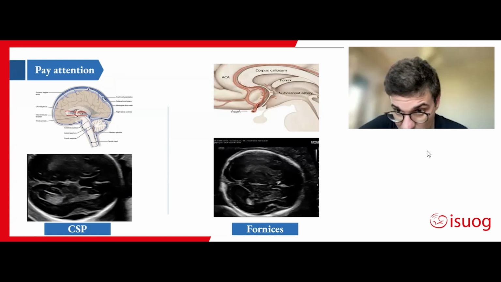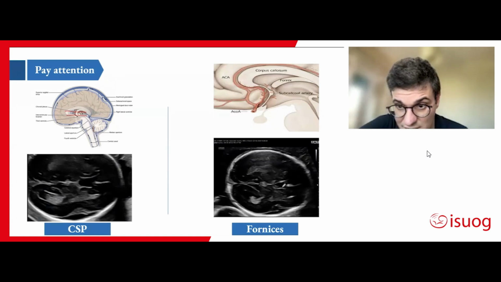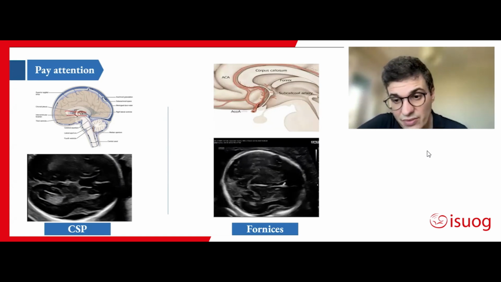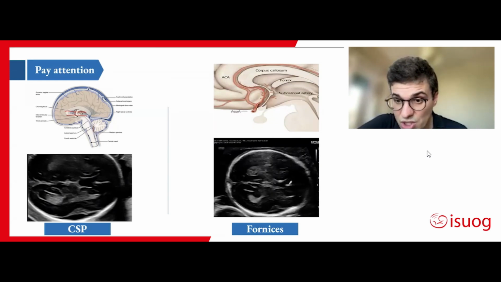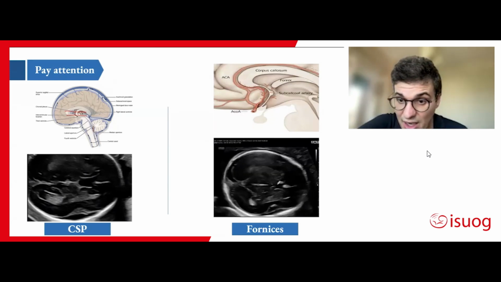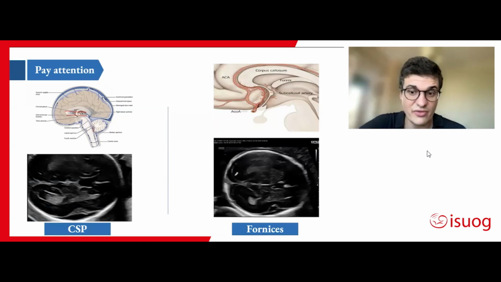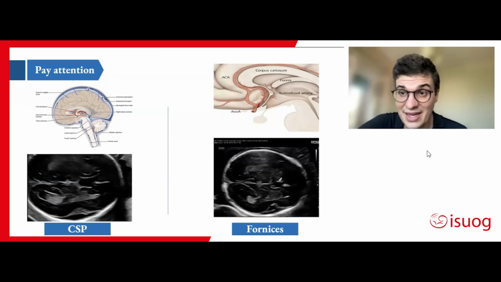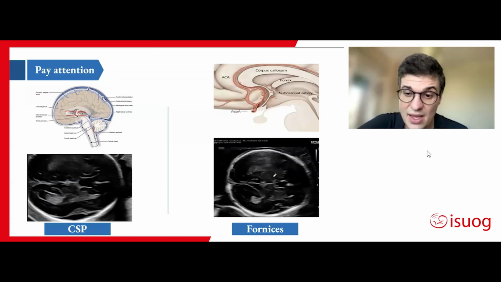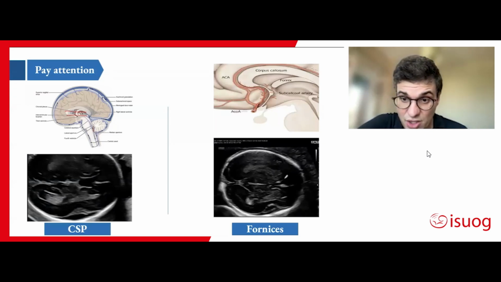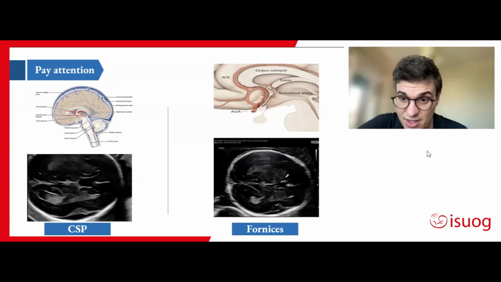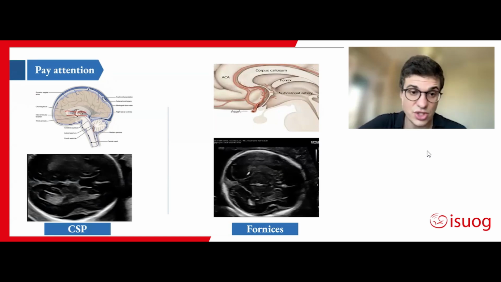Can you see this is the cavum septi here, and at some point we can see a structure which is very similar to the cavum septi pellucidi, but with a hyperechogenic line in the middle part of it. So this is not a cavum septi, and we have to be very careful because in most of the cases of undiagnosed agenesis of the corpus callosum, actually the sonographer or the doctor just identify the fornices and not just the cavum